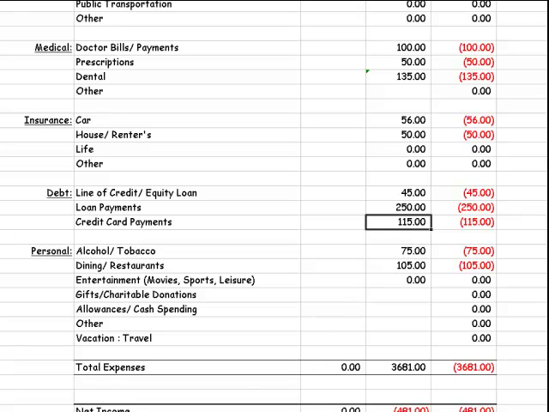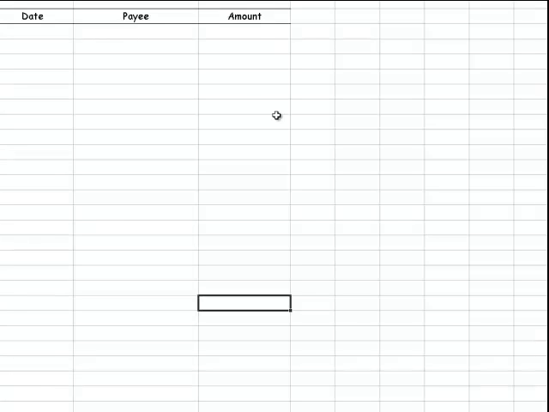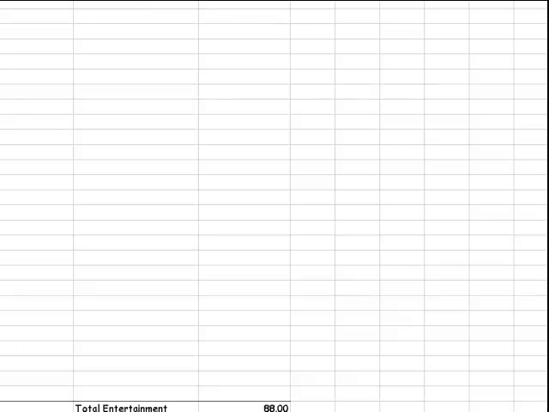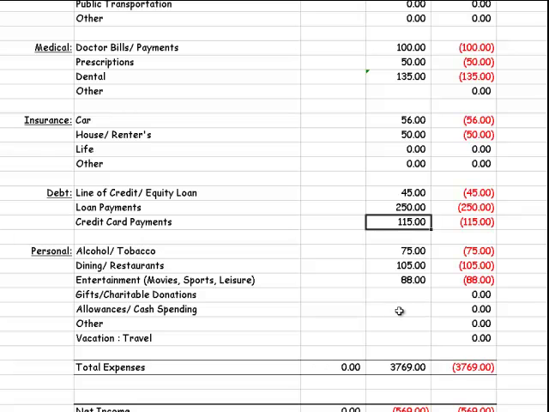The last one that we have a tab for is entertainment. So if you went out to the movies, you put, I went to movies, and we went to another show, or we went to a sporting event, or whatever it happens to be, and you just put those numbers in here. Again, it totals at the bottom and transfers right into our main tab. Any gifts or charitable donations,